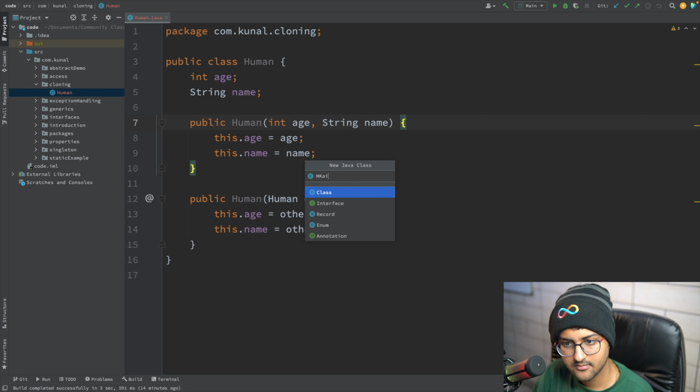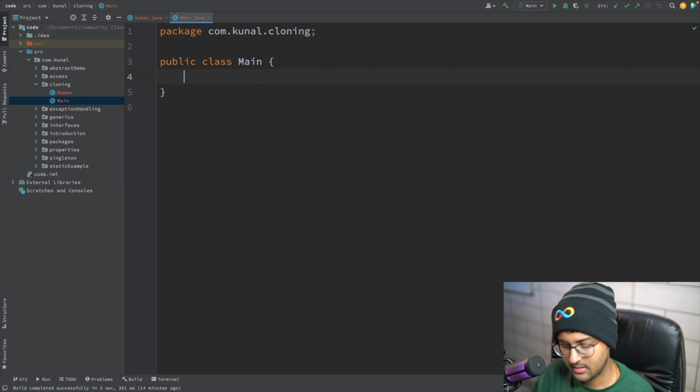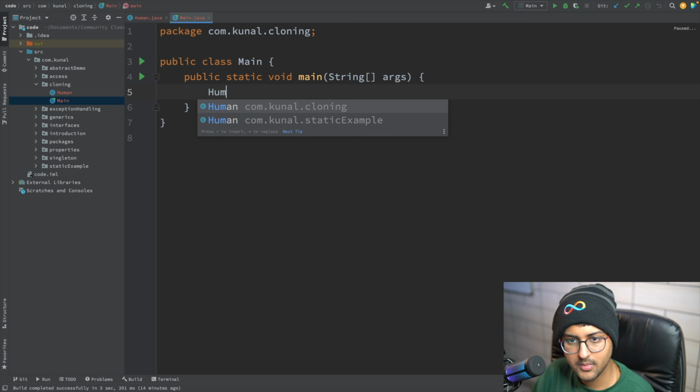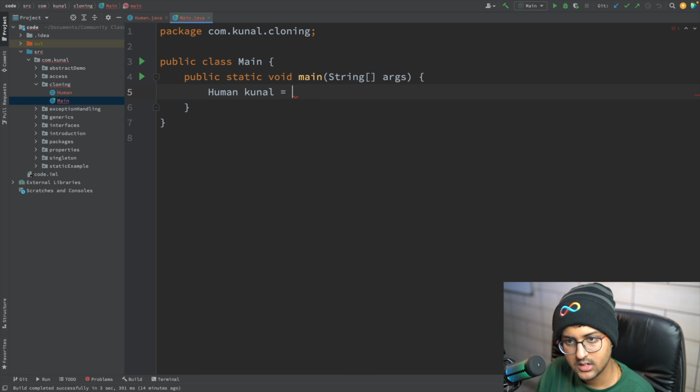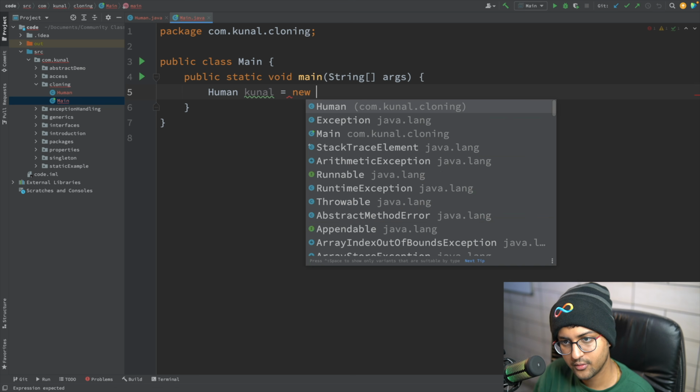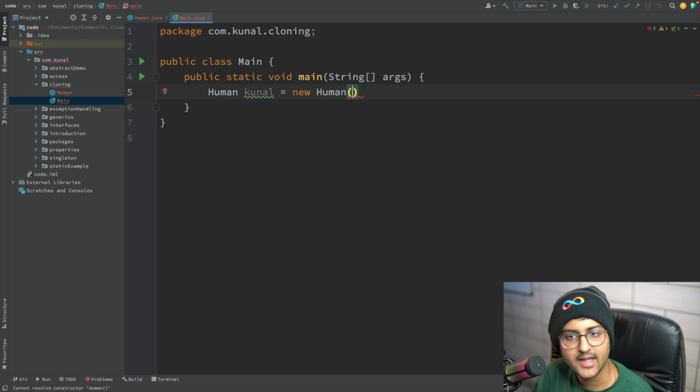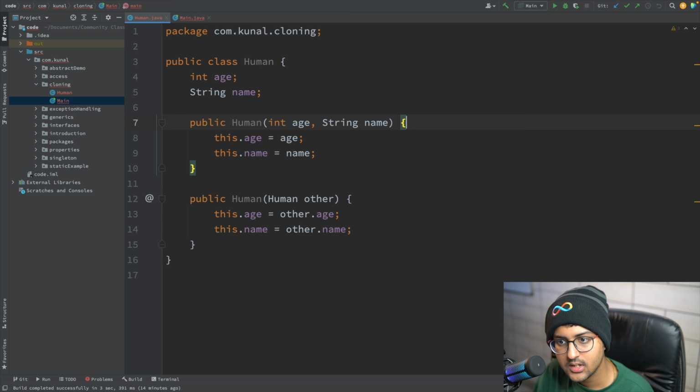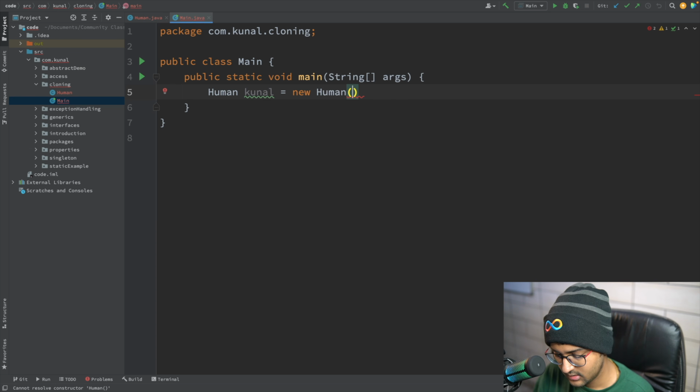Main class, public static void main, human Kunal is equal to new human, and here I can pass name and age. I can say 34. I'm not 34, I'm just adding random numbers.